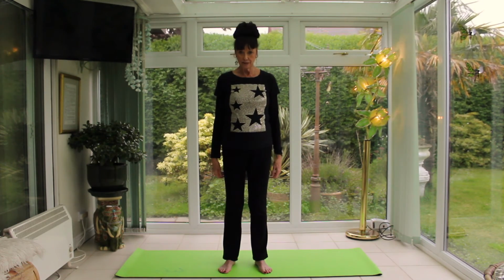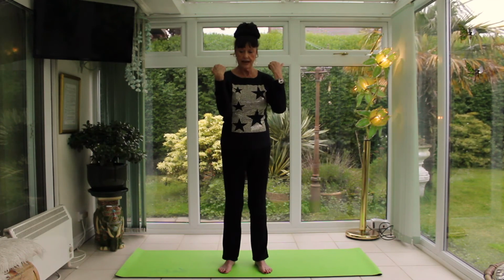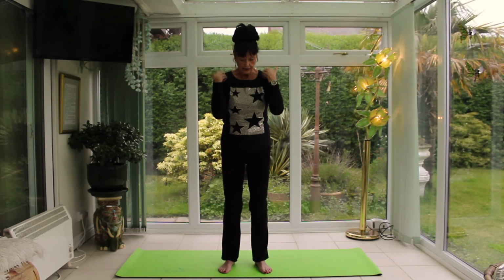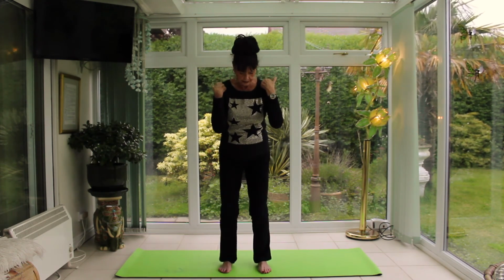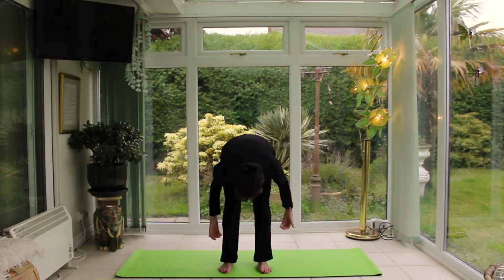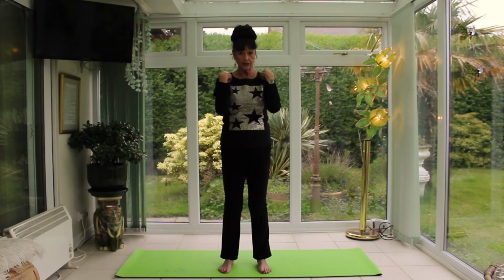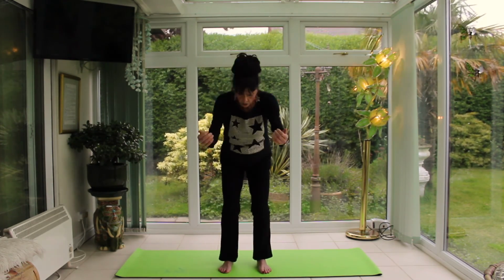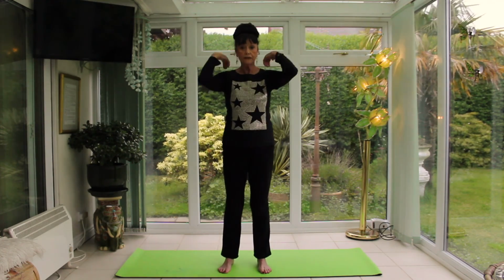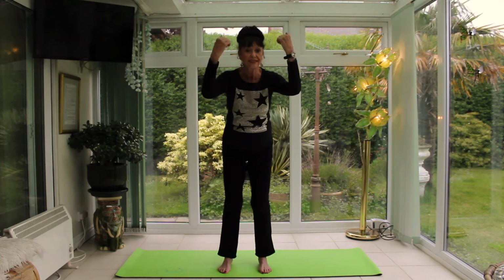Okay, you ready? Now the movement is, we're going to bend the fingers in like that and the hands touch the shoulders, and you're going to, if possible, try to keep your heels on the floor. As you bend, swing back and come up to standing each time, 10 times. Are you ready? 1 and lift, and 2 and 3 and